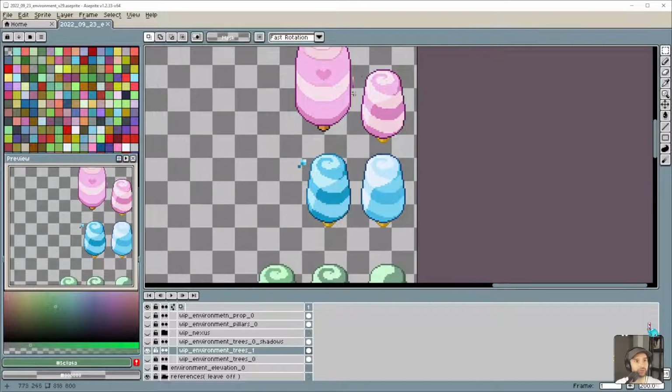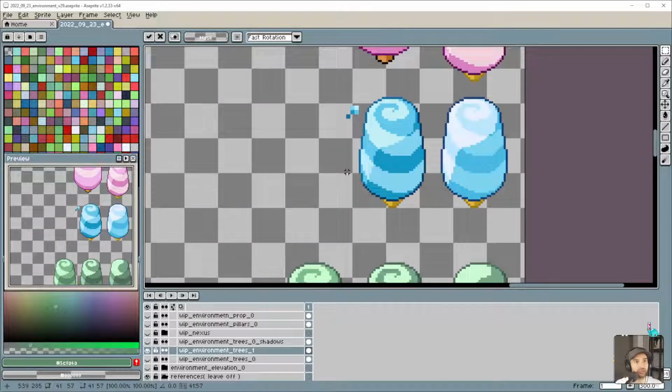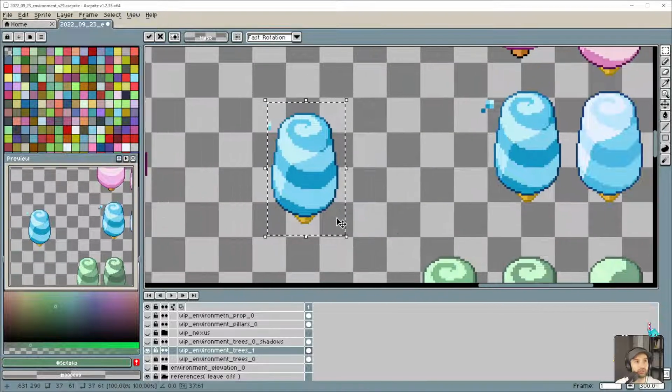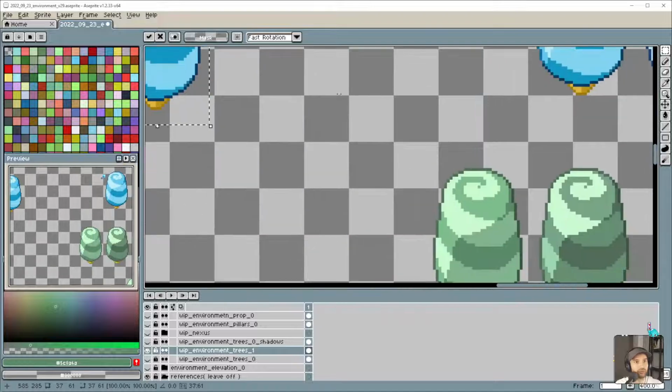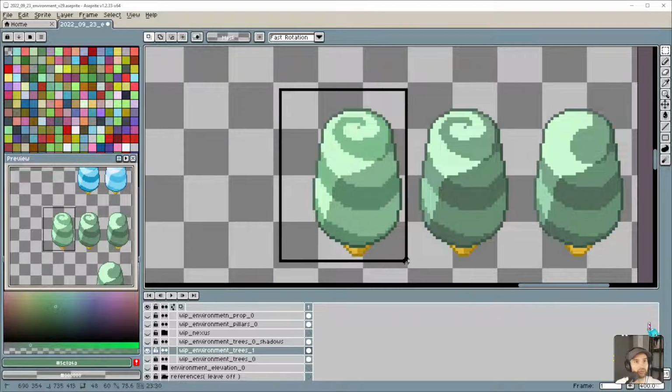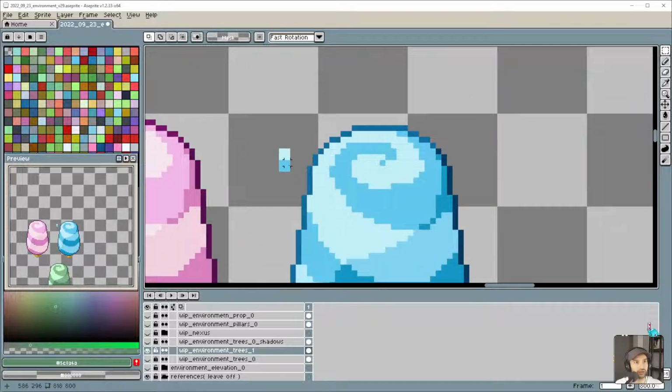Okay, so what we'll do is we will grab these and I'll bring them in for my export layer. So we'll just grab that one. We will grab this one. Seems like I got a little bit extra on the corner of that one. And then we'll grab this one. Let's go and remove that.